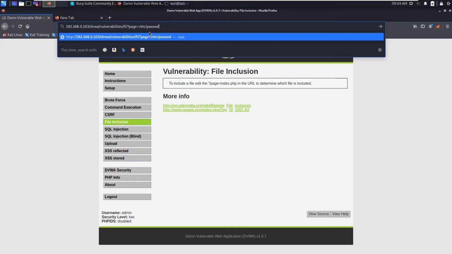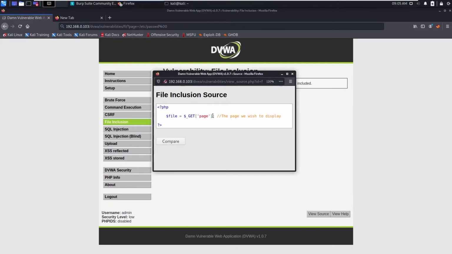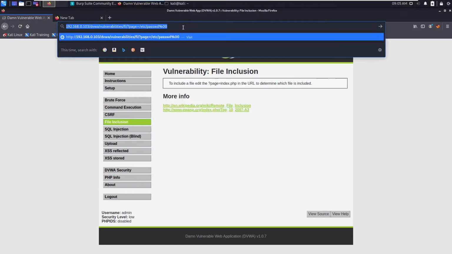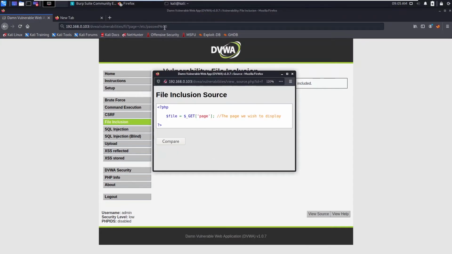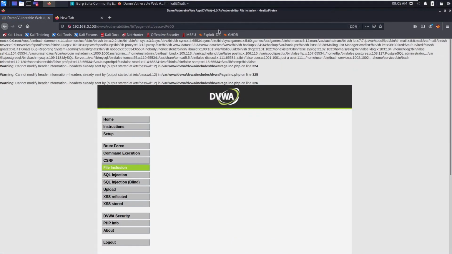One thing you can do to bypass this is put the null character here. So %00, that is the null terminator, and whenever the extension appending takes place, it will get truncated because of this null character. This %00 will terminate the trailing PHP extension. Now hit enter, and you can see a similar output.